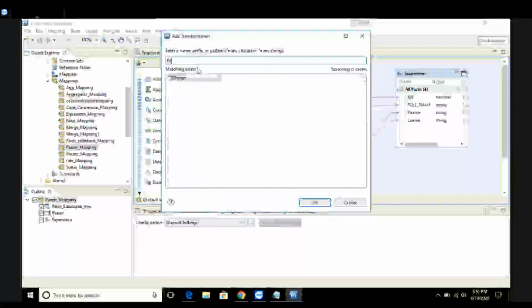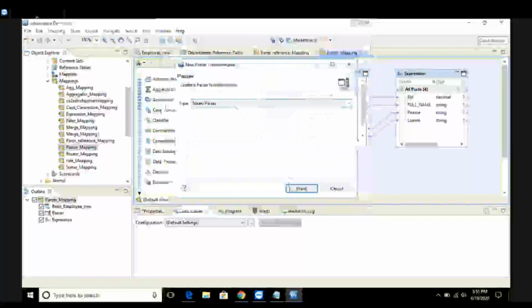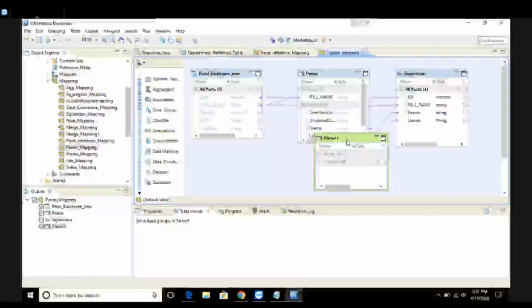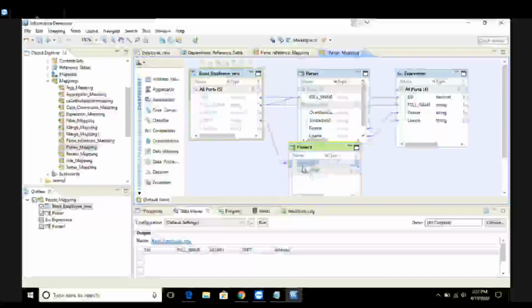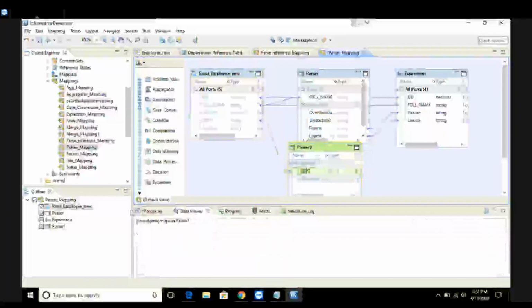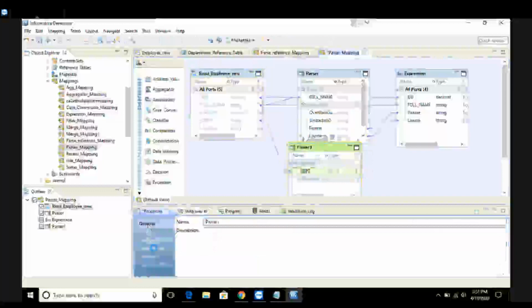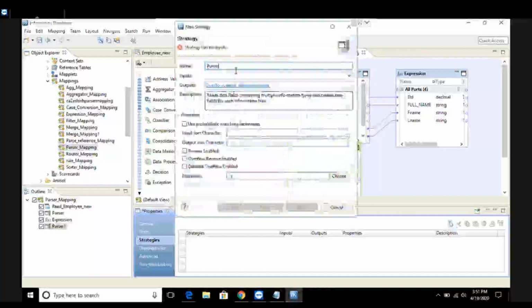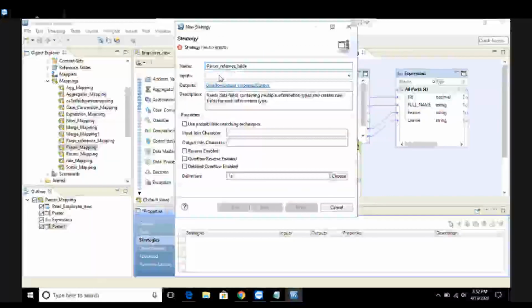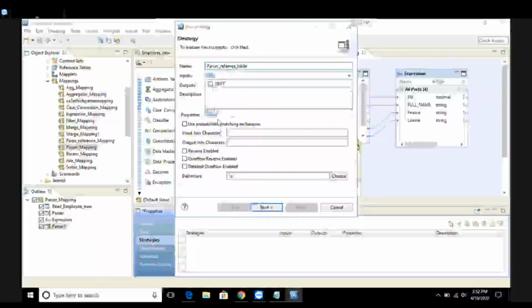So I'll just click a parser, select, right? I'll select the token parser, click on finish, right? Now I'll just connect my department input to the department of the parser, right? I'll create a strategy, go to properties, create a strategy, reference table, select your input, right?